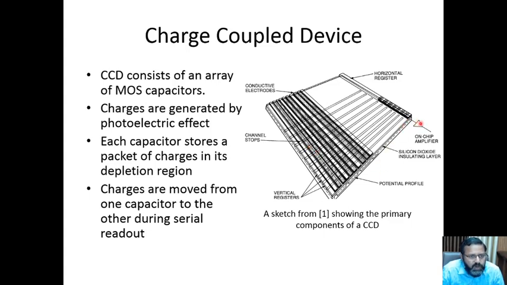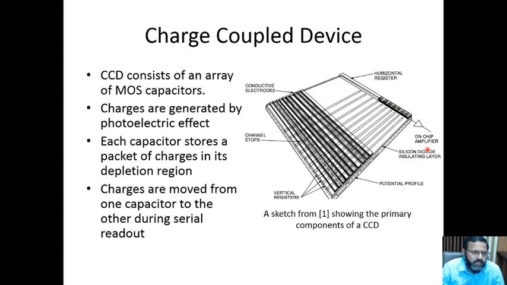So the CCD can be read out from one corner. The pixels, or the charge packets, have to be shifted serially one by one out of the amplifier. So the process is like this. The pixels are in the form of rows and columns. Each row is shifted at once to the horizontal readout register, and from this register, each pixel is read out one by one. So for a 100 by 100 array, there will be 100 row transfers and 100 into 100 serial transfers for readout.